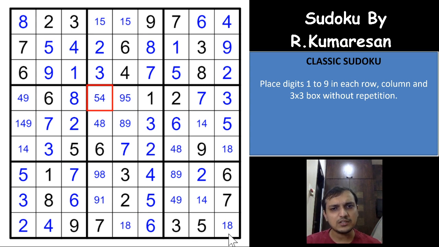So what is a bug technique and why is it very helpful? Usually you will get the chance to use a bug technique at the end of the Sudoku, right? Like in this case, you have only a few cells remaining, maybe 10 or 15, or 19 cells remaining in this Sudoku.